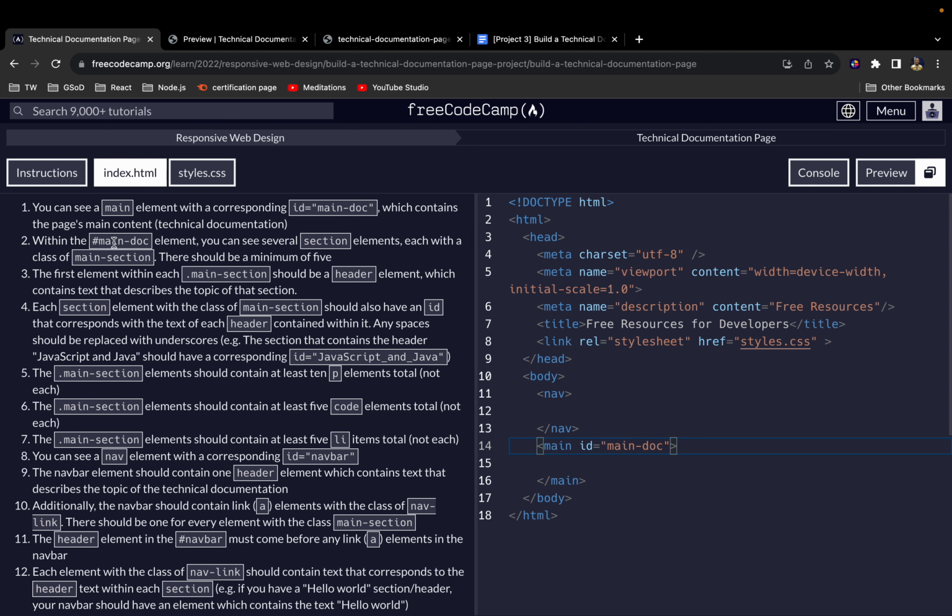Now, within the main-doc element, you can see several elements, each with a class of main-section. Okay, so we should have several section elements, each with a class of main-section. There should be a minimum of 5. So let's add our first section,